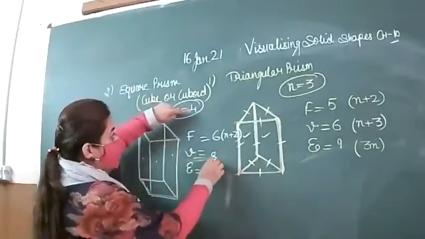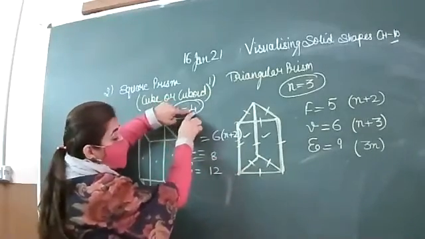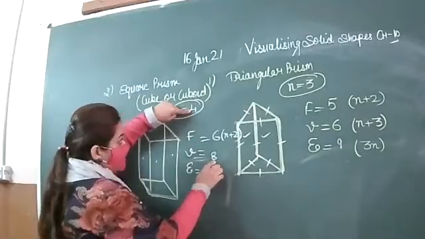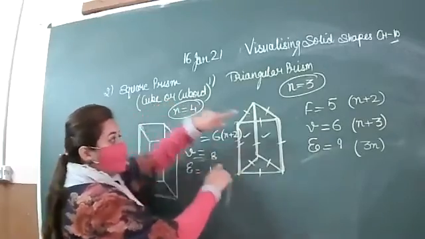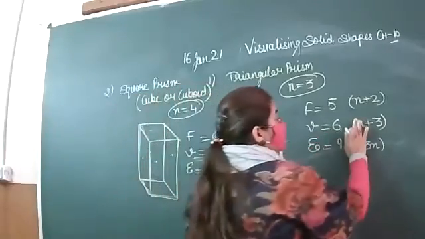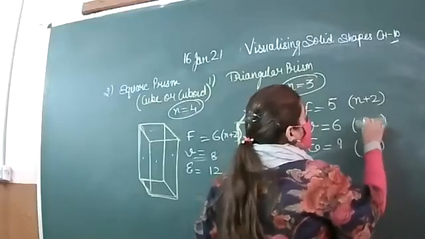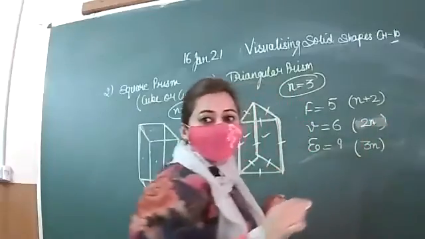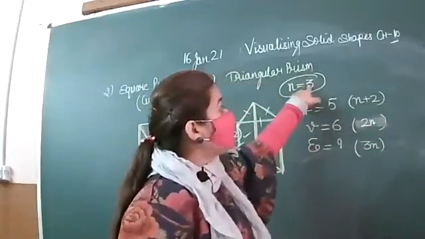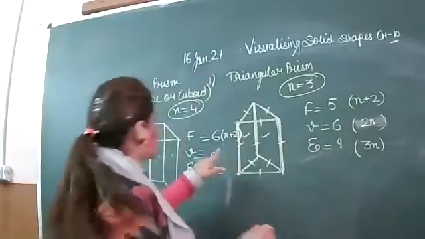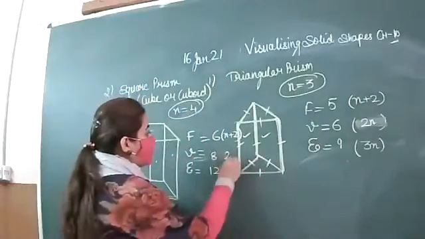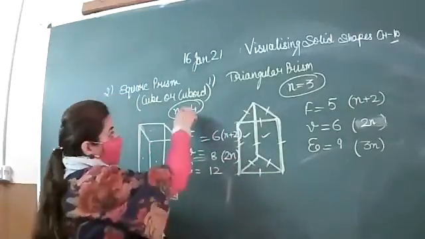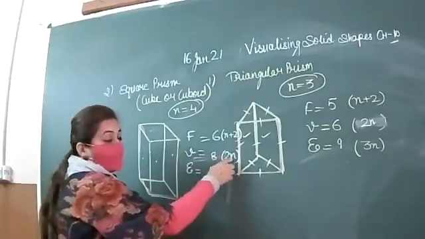Now 8, what will you do? This is your 4 and we want to make 8. This will be twice. So instead of this, you will write here twice of n. n plus 3 is not correct. Double of 3 will give you 6. So in this manner, you will write it is double of n. Double of 4, you need 8, right? So that will be 2n.